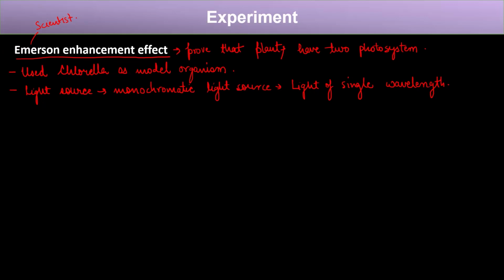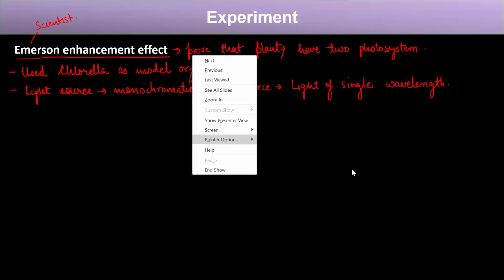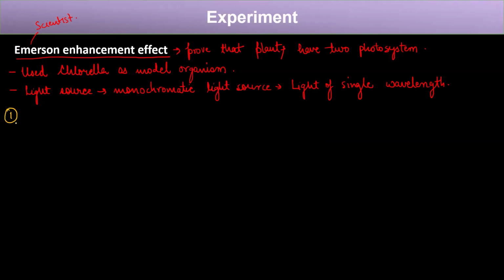Now, Emerson performed a series of experiments. In the first set of experiments, he gave light of, say, a wavelength of 500 nm, and then he looked for the effect. Then he checked the photosynthesis. Then he gave light of, say, 550 nm, then 600 nm. And likewise, when he gave light of 680 nm wavelength, what he observed